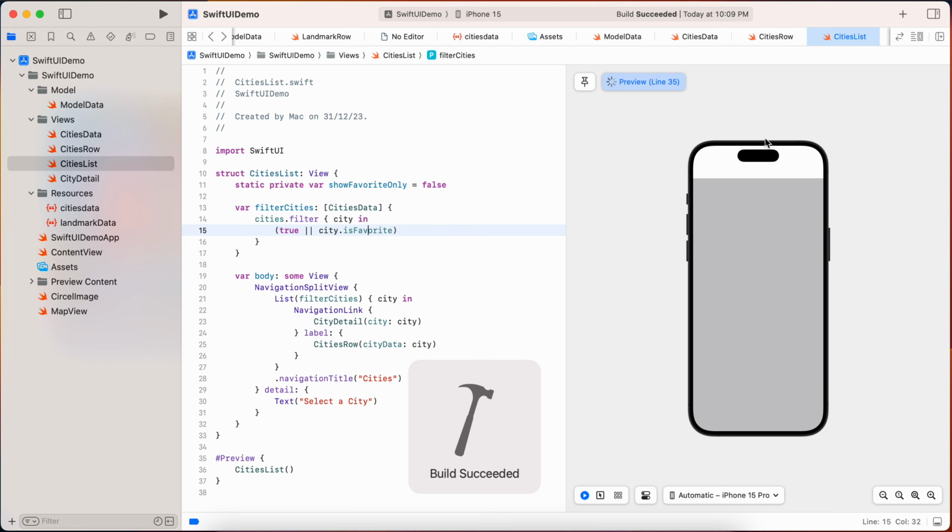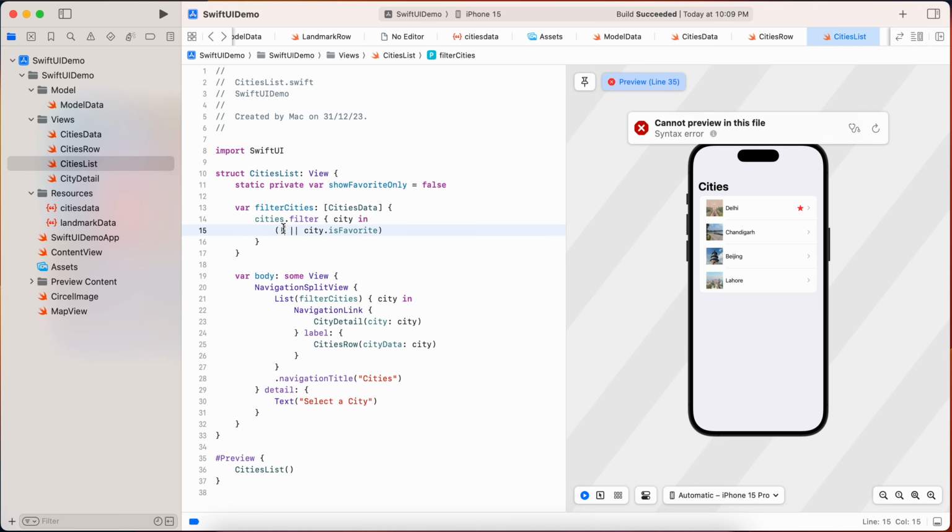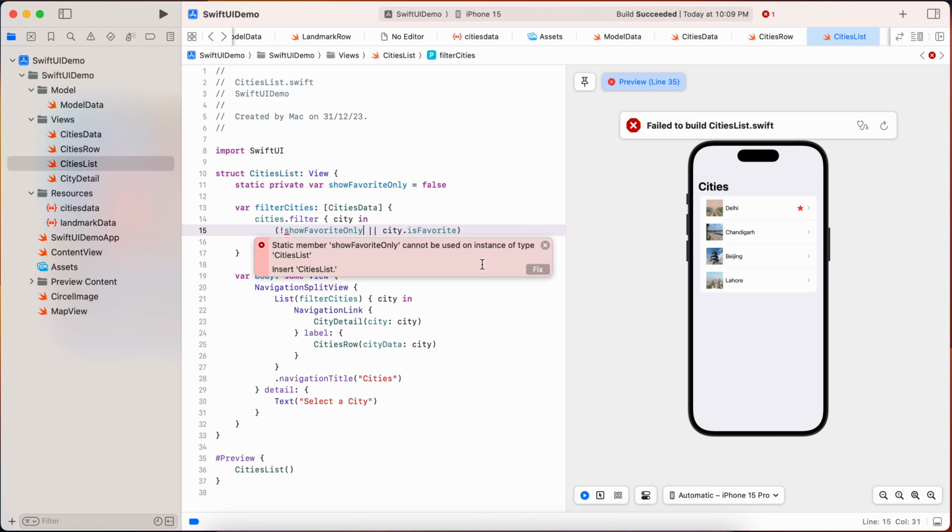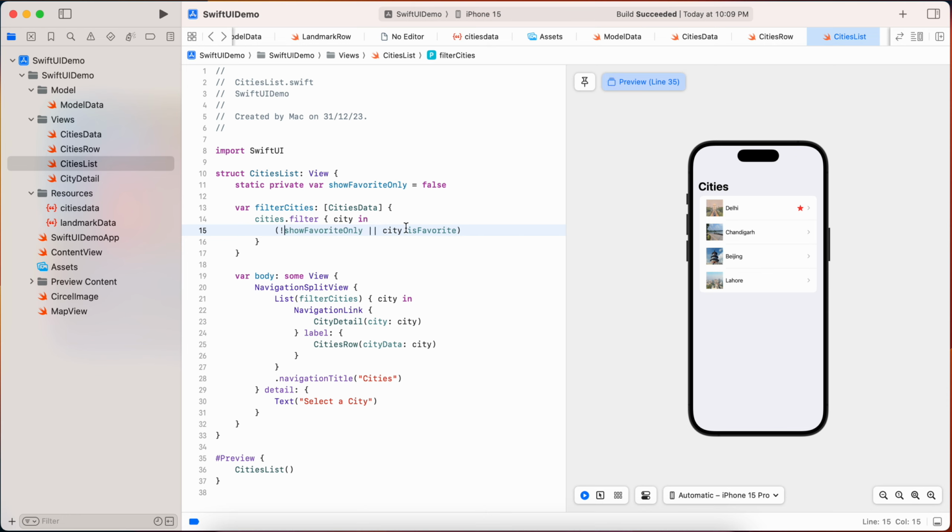So I'm again running it. See, it is displaying all. What I'm doing now is just using this state property, right? And it would work on the basis of static. No, we are not doing this. So showFavoritesOnly,